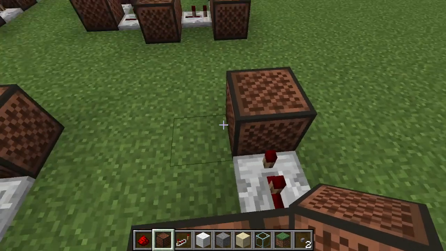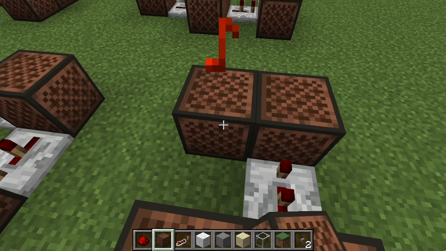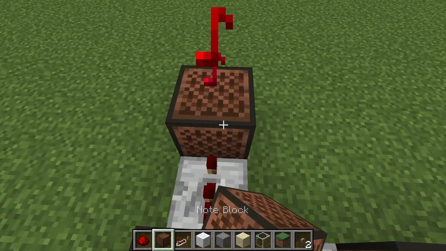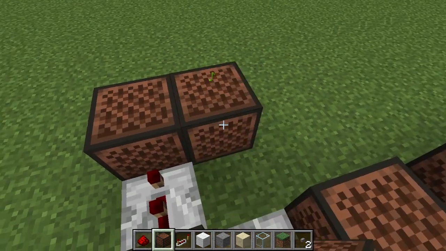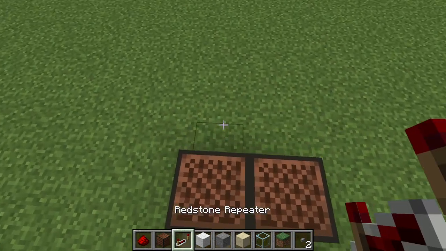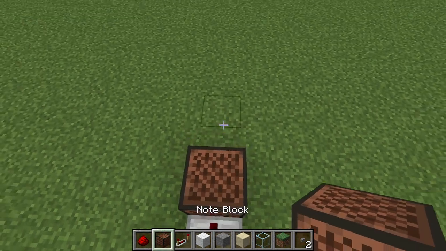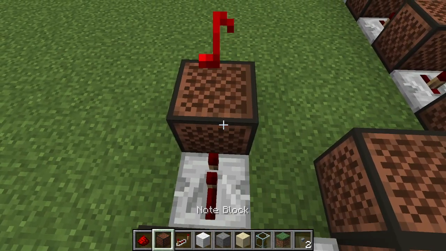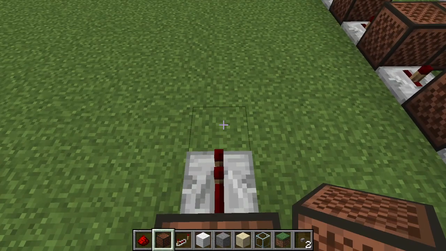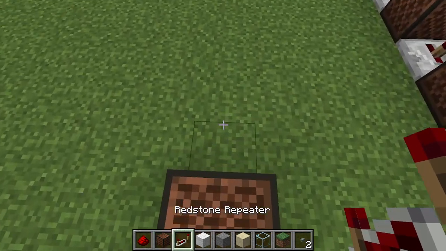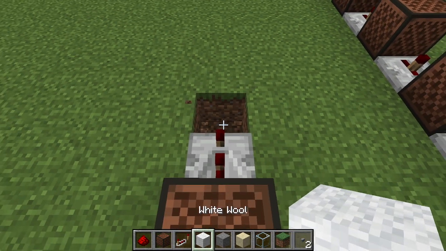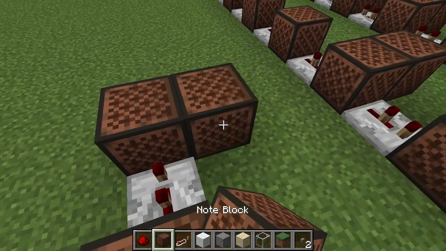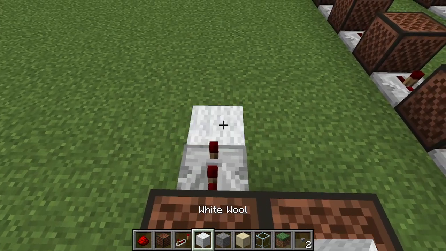and normal 5. Make sure this note is on the left side here. Turn right and do 2 ticks, wool 12, and normal 8, 2 ticks, normal 0, turn right and do 1 tick, wool 8, 1 tick, normal 1, 2 ticks, wool 10,